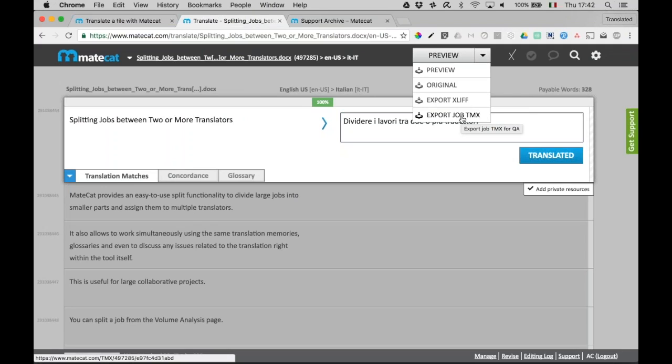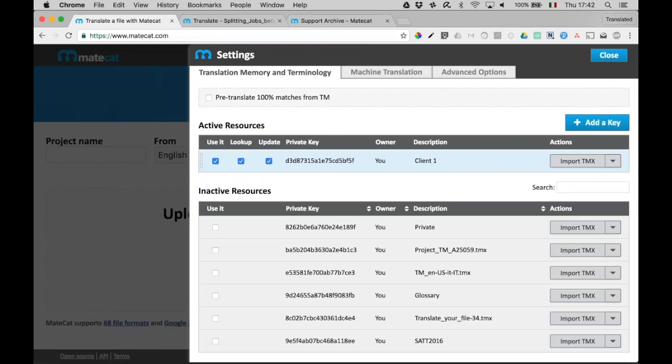It's not the best solution in your case because I understand you want a TM for the entire client. So I would really suggest creating separate translation memories here per client. Also understand that each translation memory that you see here is multilingual, so you can actually add entries in any number of languages.